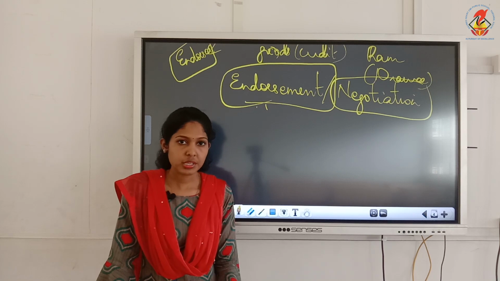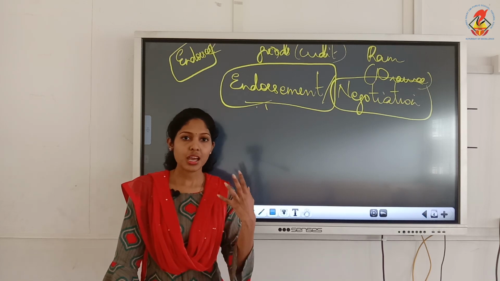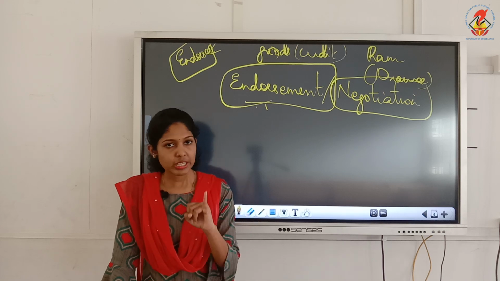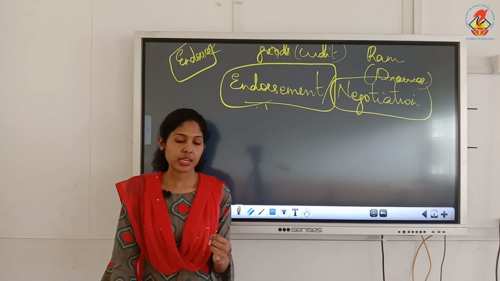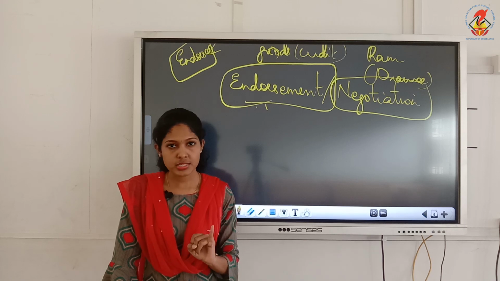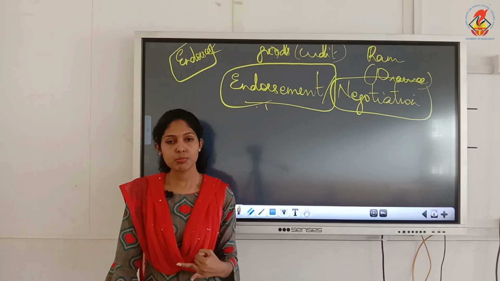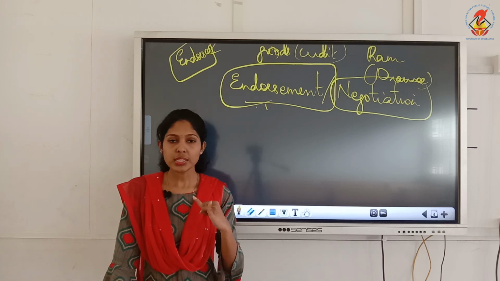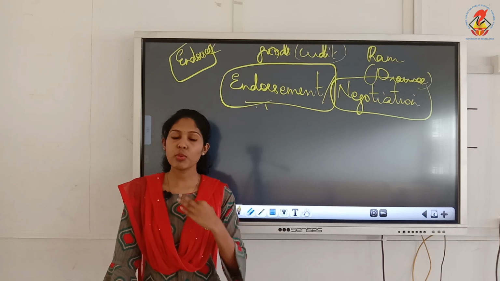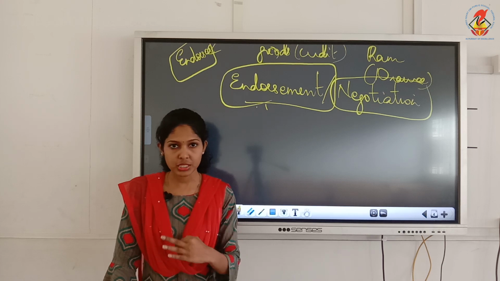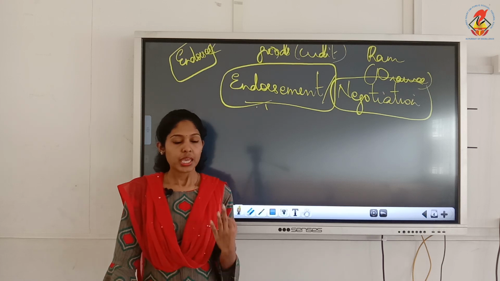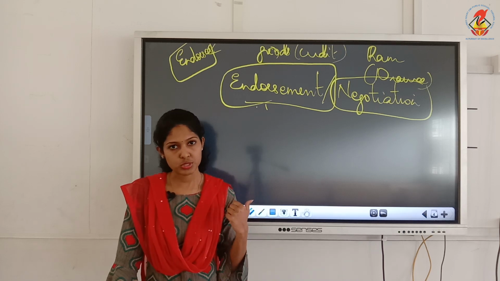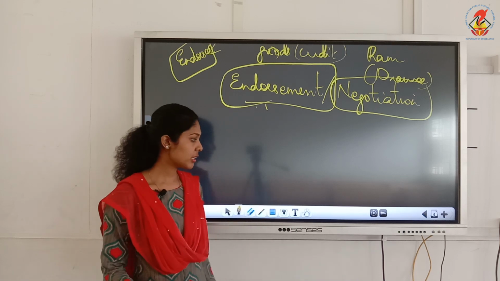In this section, the basic entries again are the same. That means when you sell goods, the drawer's book will be recording the same entry, that is debtors account debit to sales. Then we will get the bills receivable, so it is bills receivable account debit to debtor. So all these entries will be the same. Finally, when we get the payment, it is cash or bank debit to bills receivable. Now with this we are going to add one entry, that is for endorsement. Okay, so you write in the books of drawer,